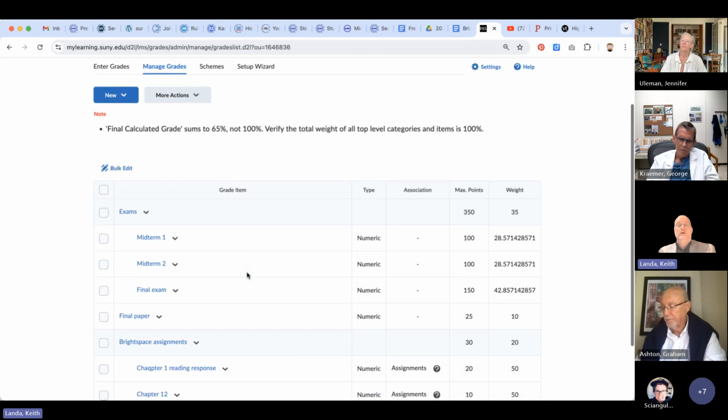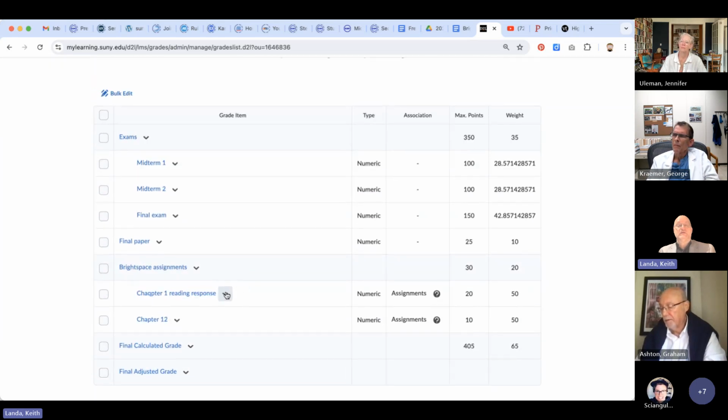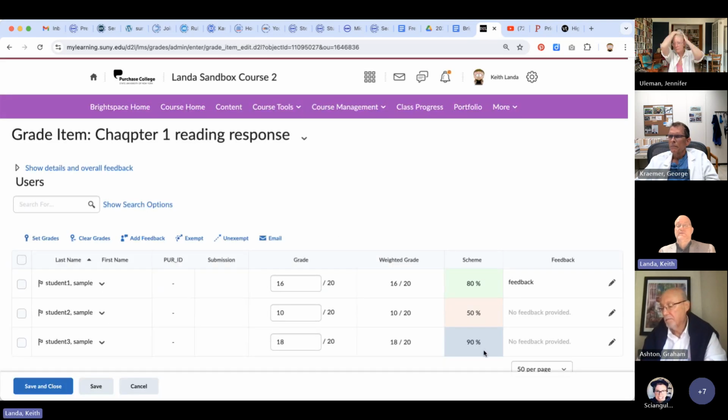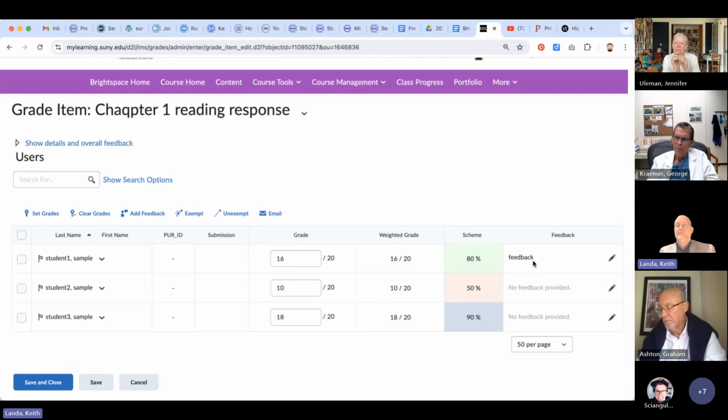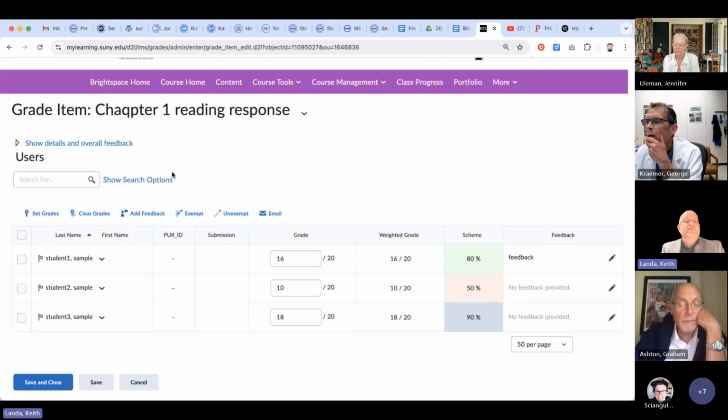And now if I just go here to enter grades so I can look at that item by itself, you can see that all the grades that I've entered on the assignment have been published, and any feedback that I would have entered on that assignment would have been published as well. Now, I think one last thing we have to look at, and then we've covered everything. Let me cancel out of here,